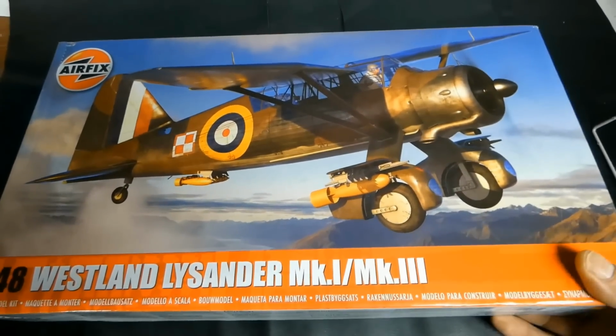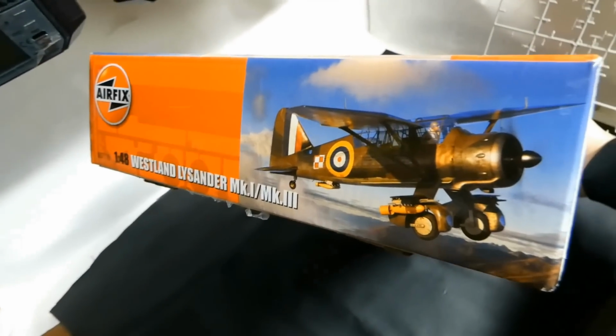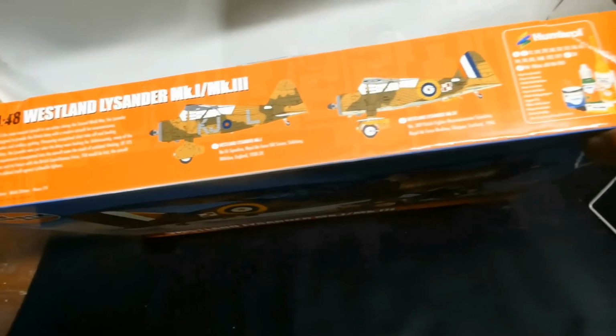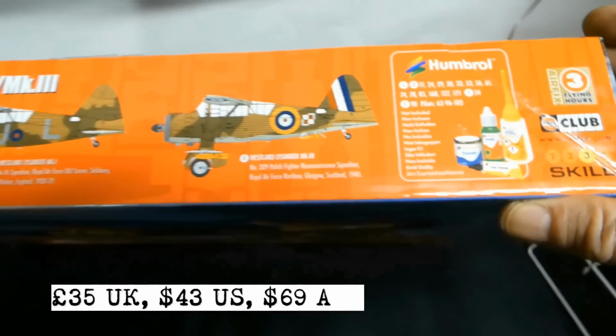Here we go then with yet another Airfix new release for 2025. Airfix are just on fire right now with their new toolings, and I'm hoping this is going to be another firecracker of a kit. I normally don't do 1:48 scale, but I couldn't resist. The artwork said buy me, buy me, buy me, and for 35 quid it's worth a punt,